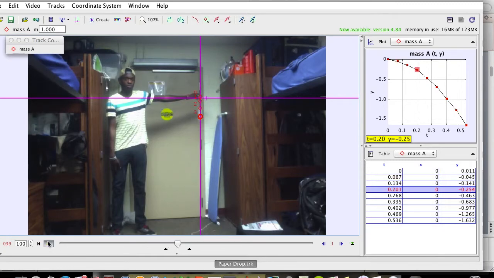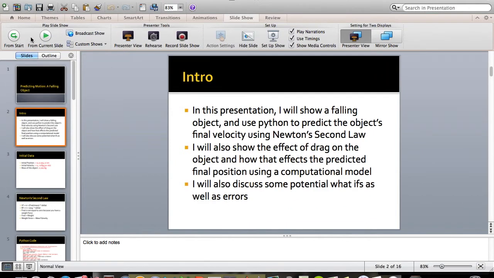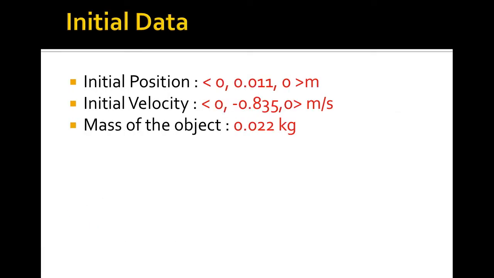Here's the video. As you can see, the position points are plotted in this chart below. So some initial data. The initial position of the object was 0.011 meters in the y direction. The initial velocity was negative 0.835 meters per second, and this was calculated using the first two data points in our table. The mass of the object was